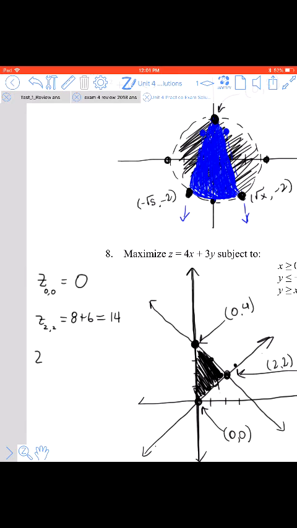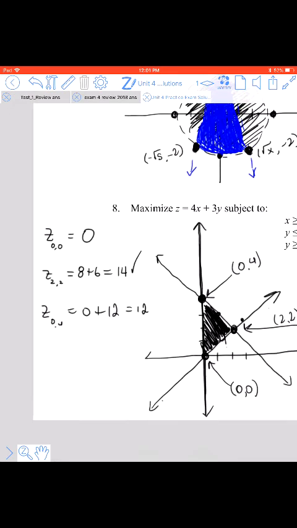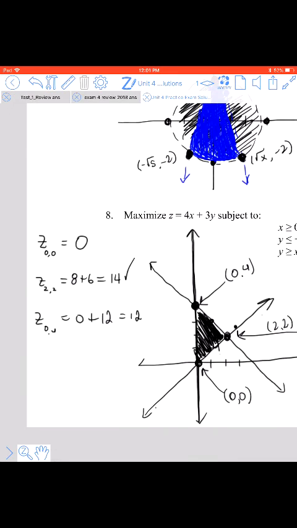The value of z for the point 0, 4, that's 4 times 0, which is 0, and then 3 times 4, which is 12, so that equals 12. It looks like that's our maximum value there. So the point 2, 2 maximizes